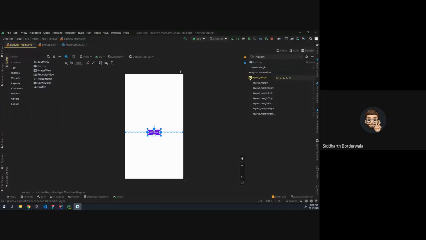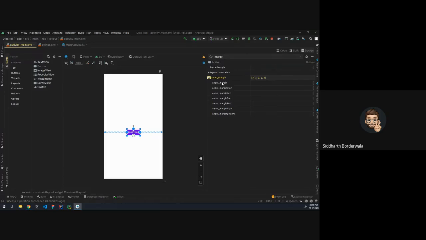So the attribute is layout margin, and we have quite a few of them. So let's see. We have margin start. So for languages that go from left to right, start refers to left and end refers to right. And for languages like the ones which go from right to left, like Hebrew and others that I don't know about, start is basically referring to the right, and end is left, and top and bottom is the same. So let's add a top margin. Let's say